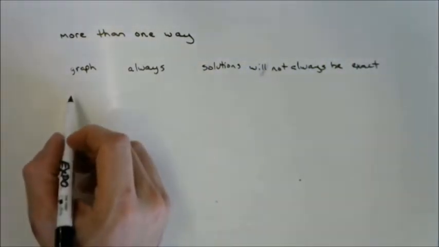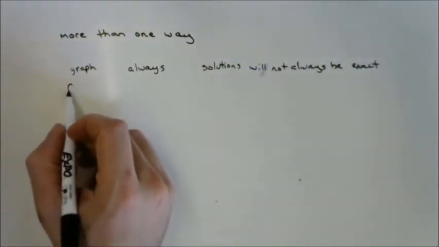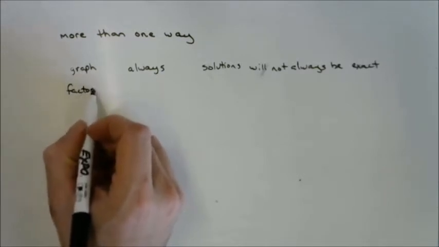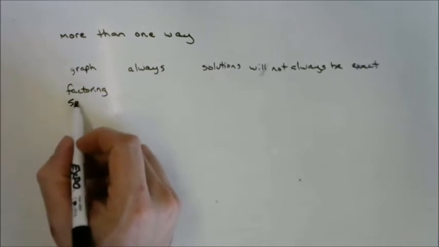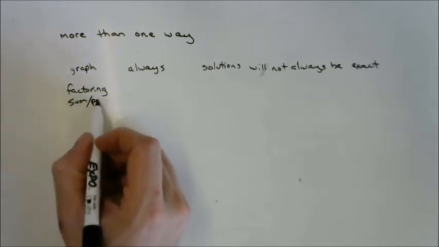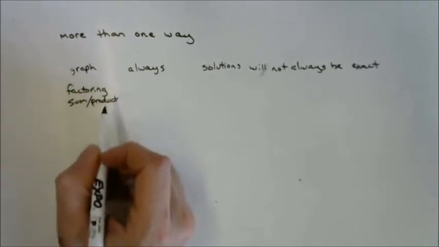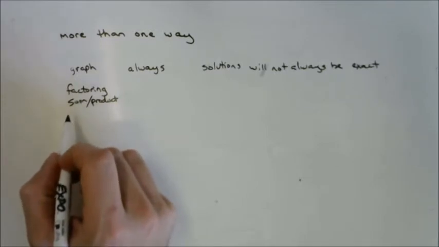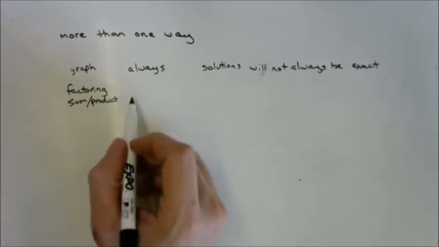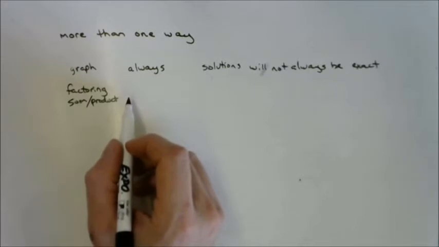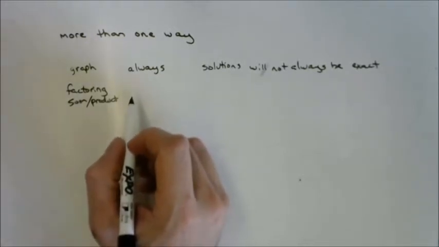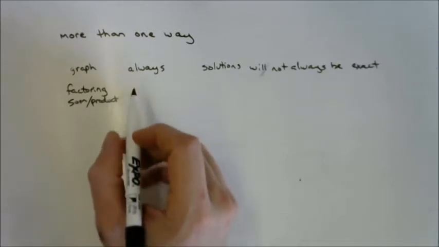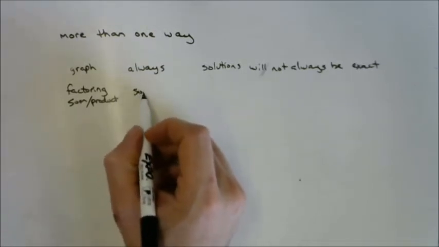Okay? The next option that we are talking about is factoring. When can you use factoring, like sum and product? If you need help remembering what this is, you'd use sum and product or factoring out the common factor. When can you use that? Always? No. Sometimes. Only when there's a GCF, only when it's in standard form, when there's a common factor. So sometimes,